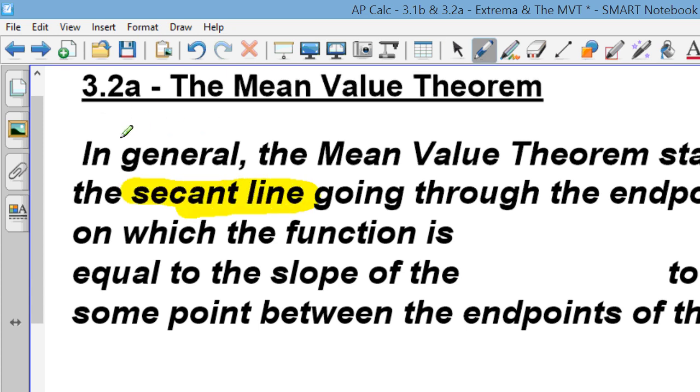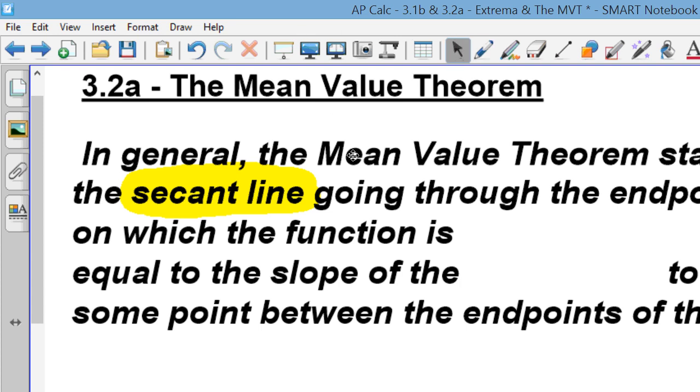Okay. What is a secant line? Well, I'm going to tell you in English. You can write it out if you want. It's y2 minus y1 over x2 minus x1. It's a regular slope of a normal line that cuts through twice. Okay. If you have the slope of that going through the endpoints of an interval, where the function is